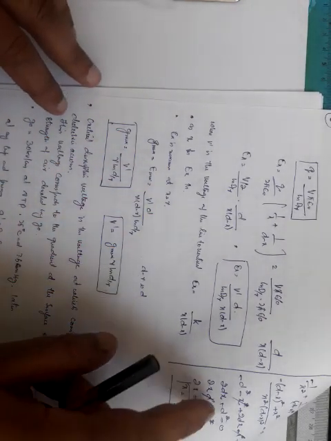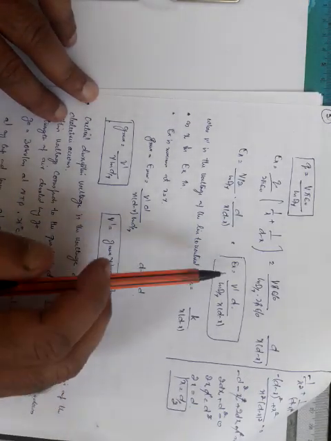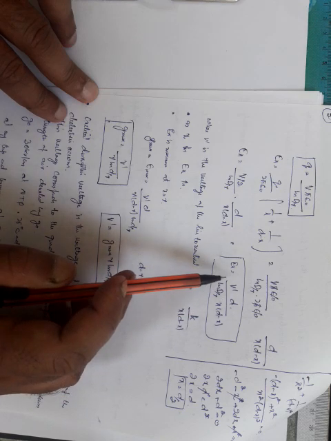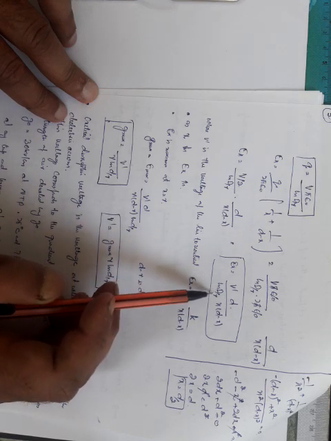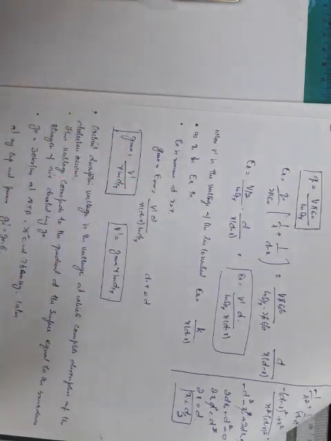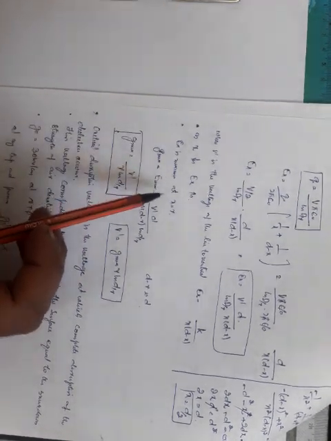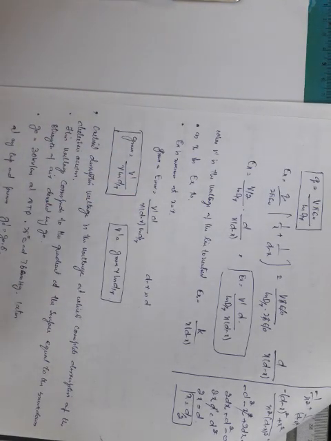Now Ex is equal to K divided by X into D minus X, where K is equal to V dash D divided by ln of D by R, just to have an idea that this depends on X and D minus X. As X decreases, Ex increases. That means it is inversely proportional to X, and Ex will be maximum at X is equal to R. This also we know